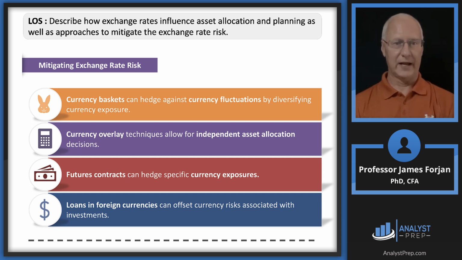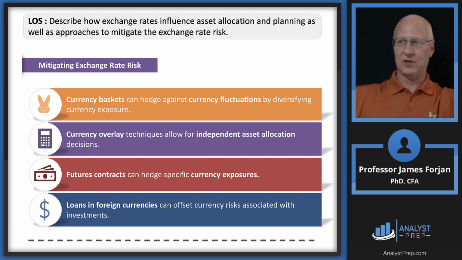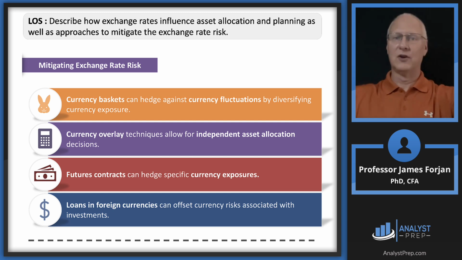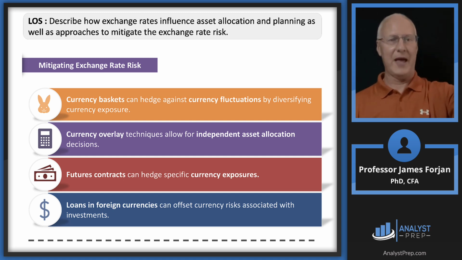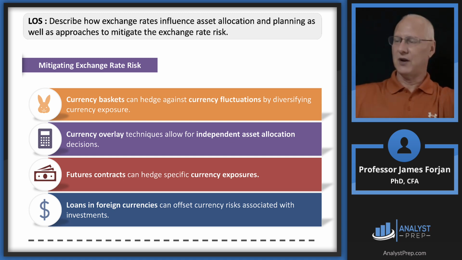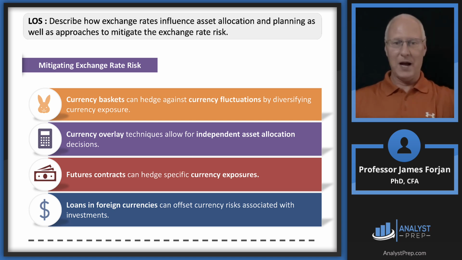So we want to diversify currency exposure. We said this earlier. We invest in Canada that has one inflation rate, and we invest in Europe that has another inflation rate. But what we're hoping is that those currency fluctuations, the Canadian dollar and the euro, offset each other. So if the Canadian dollar depreciates, that's bad news for us here in the United States. If the euro appreciates, that's good news for us in the United States. But how do we get those two to balance?